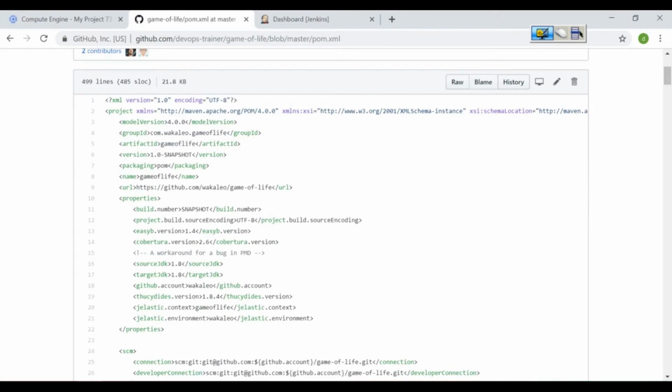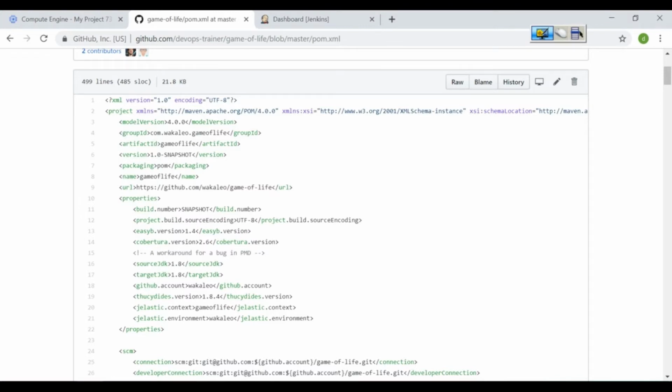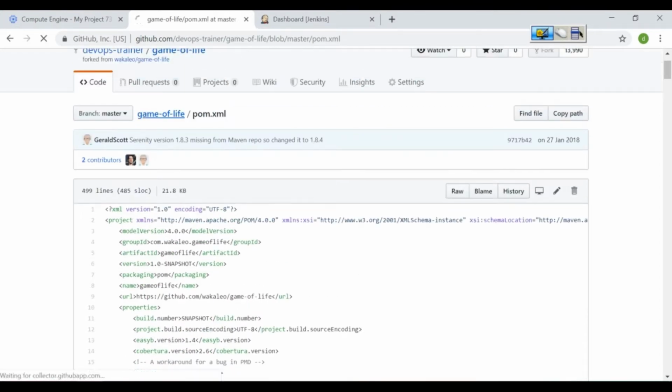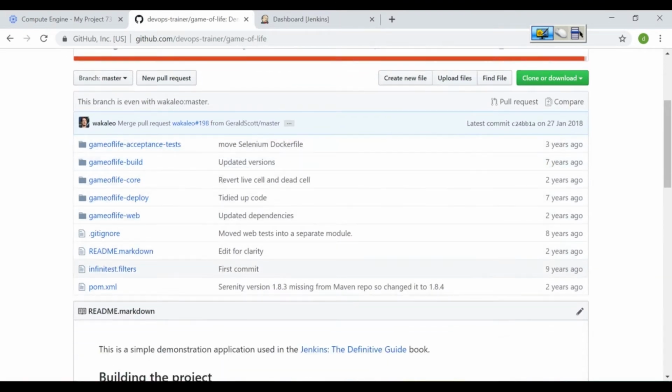This POM file will have all the details like the version of your POM, the group ID, something like a domain name given to a group of projects, the artifact ID, the project name, the version, the kind of packaging and so on. You have all the details here. Now let us go and compile this project. The job should pull the code from this repository, meaning for the first time it should clone and then compile it. So let us create this compile job.